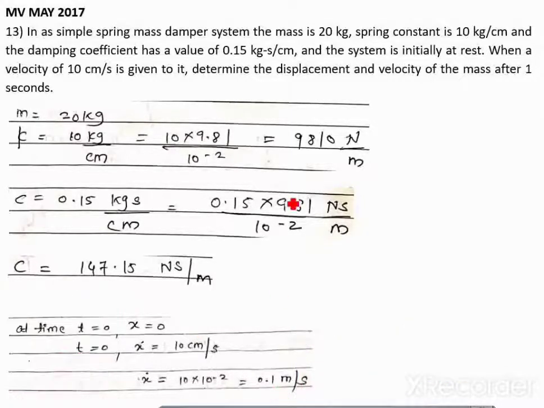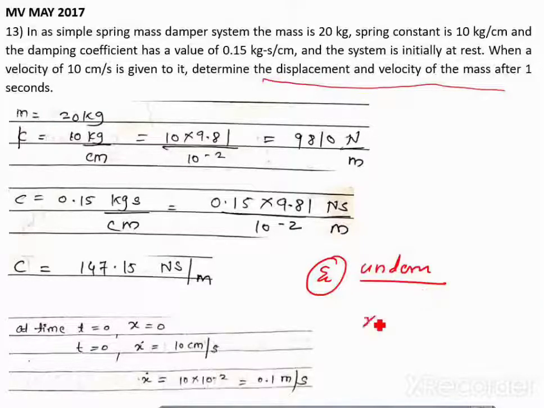Now ultimately what you have to find is the displacement and the velocity of the mass. Once you determine zeta and the nature of the system, let us say it is an underdamped system, you have to find the equation for x and the equation for x dot. These will be in terms of t. Put the value of t equal to 1, and you will get x and x dot. So finally they are asking you to find the magnitude of x and x dot, that is, the displacement and the velocity after time t seconds.